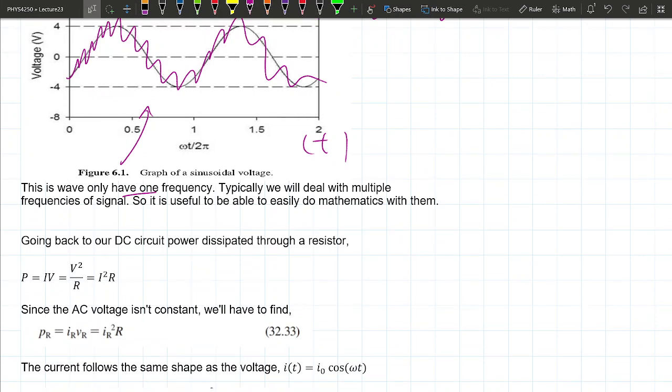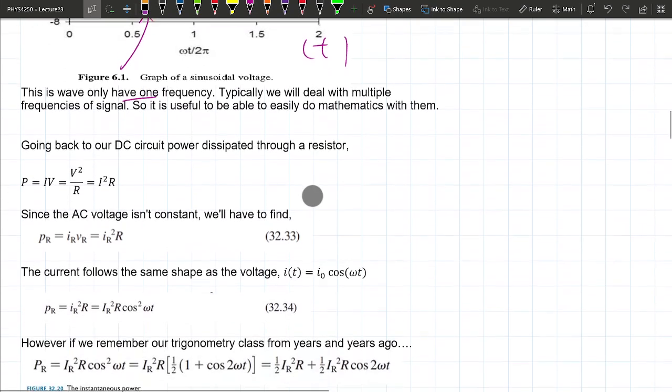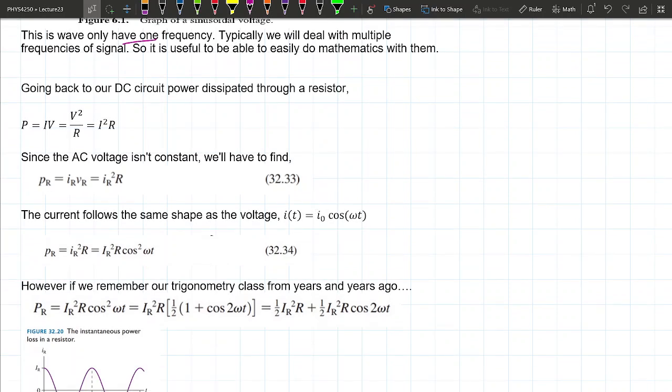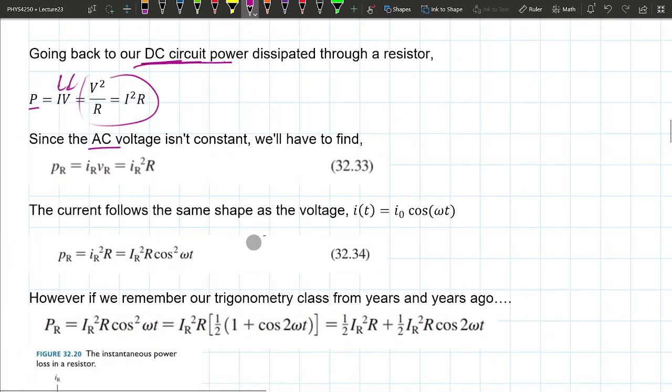So let's go back to our previous discussion on calculating the power from a DC circuit. Let's roll back to last Wednesday. I told you that the power of a DC circuit is just the current times the voltage across that resistor or device that you have. Using Ohm's law, you can change this to other forms. And since with alternating current the voltage is not constant,